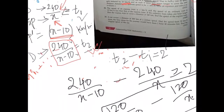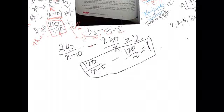So T2 minus T1 is equal to 2. Once my speed has reduced, my time will increase. So T2 minus T1 is equal to 2. So I have put that into perspective. 240 by x minus 10 minus this is equal to 2. So 2 ta common niye nilam, and then you can struggle and do all your